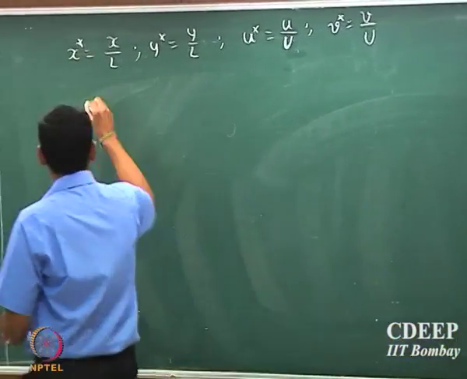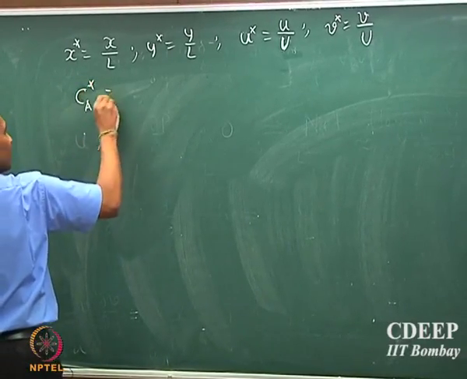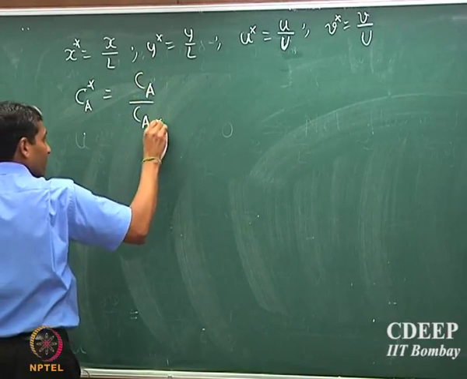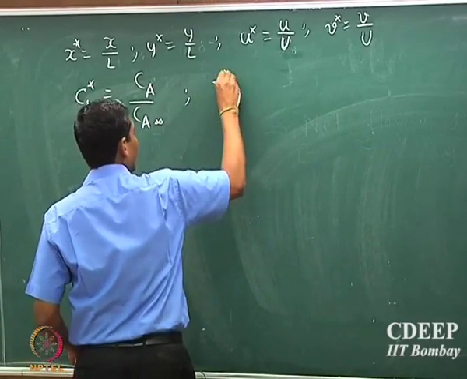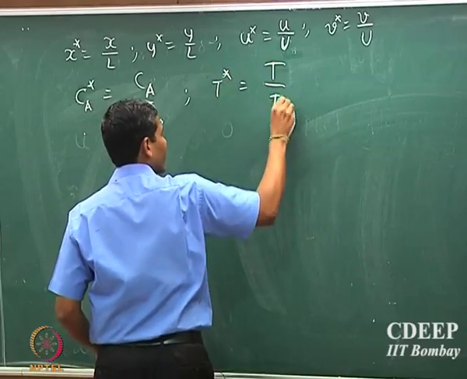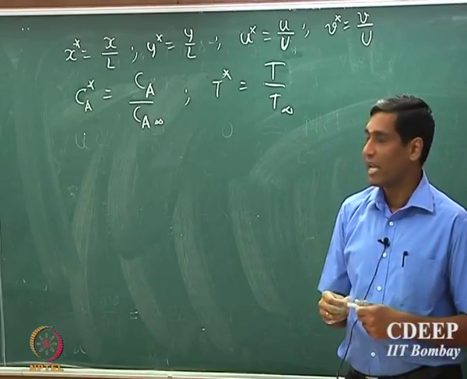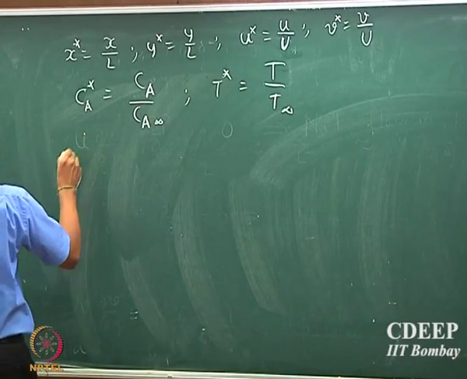So, similarly I could scale Ca star, the concentration of the species, with the free stream concentration, and the temperature with the corresponding free stream fluid temperature, okay. So if I introduce these scalings, now I am going to non-dimensionalize these equations. So that will be